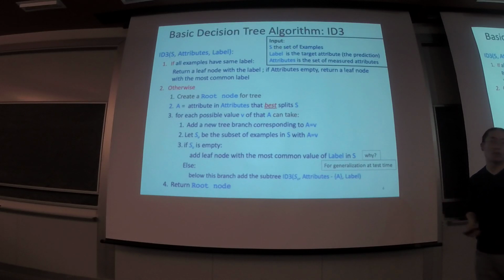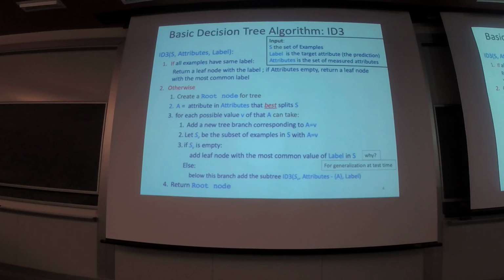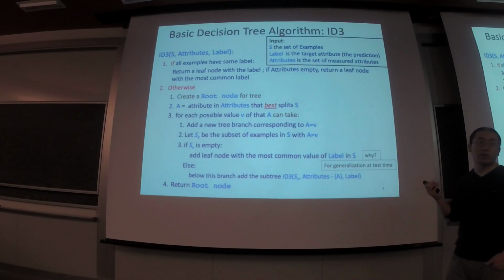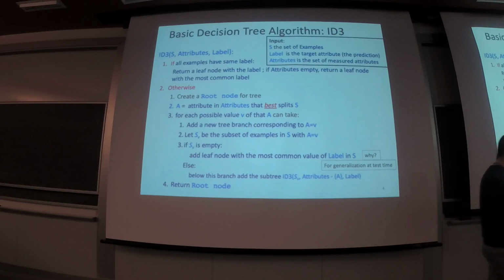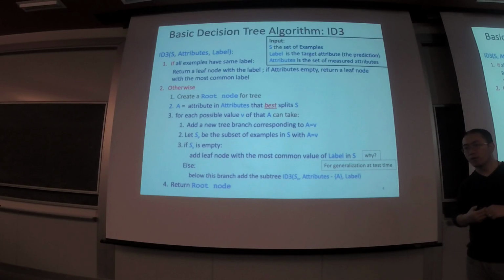So this is the whole framework of ID3. It is essentially a greedy heuristic. Why is it a greedy heuristic? Because according to Occam's razor principle, we want to find a decision tree that is as small as possible. But enumerating all possible decision trees and finding the smallest is a combinatorial search. It is not practical at all. So that's why we use